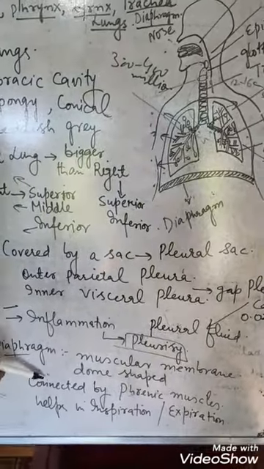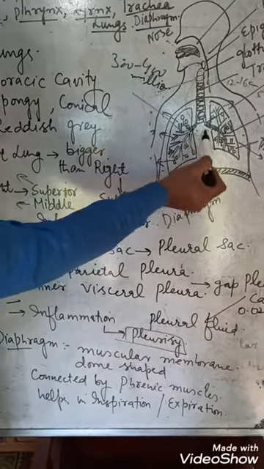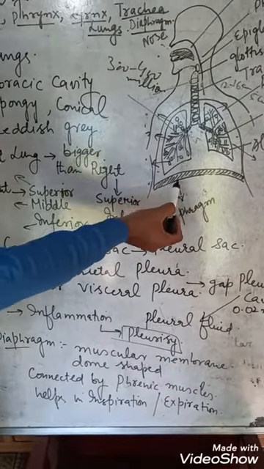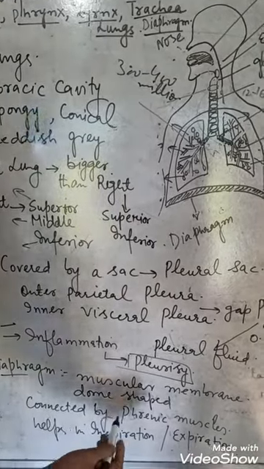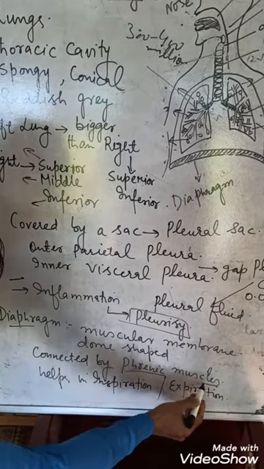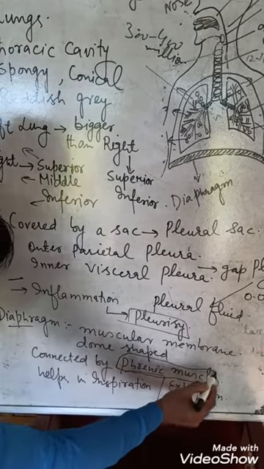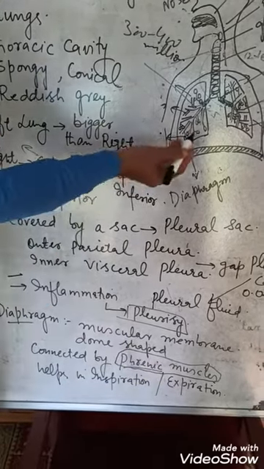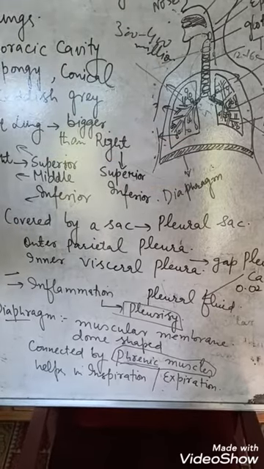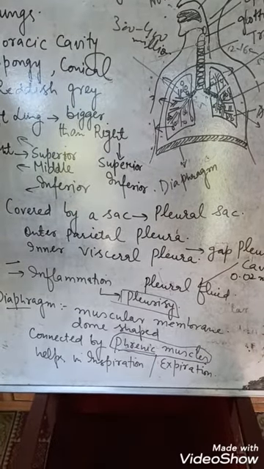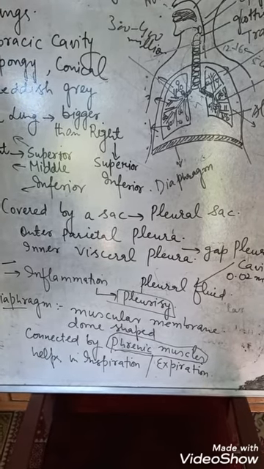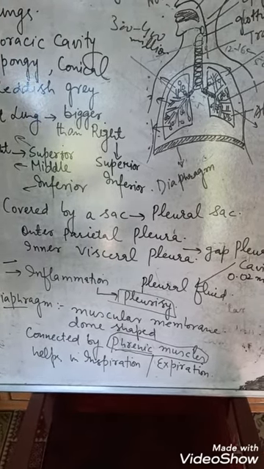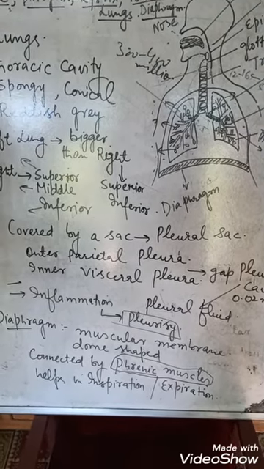And this diaphragm is connected with the vertebral column from behind and with the ribs by a type of muscles, and those muscles are called the phrenic muscles. Those muscles are called the phrenic muscles. It is connected with our vertebral column and with the ribs through muscles, and we call those muscles phrenic muscles. And this diaphragm helps in inspiration and expiration, and you can say in inhalation of the air and exhalation